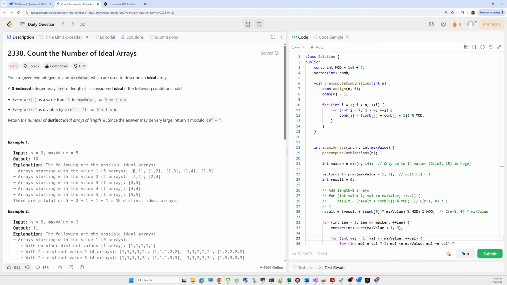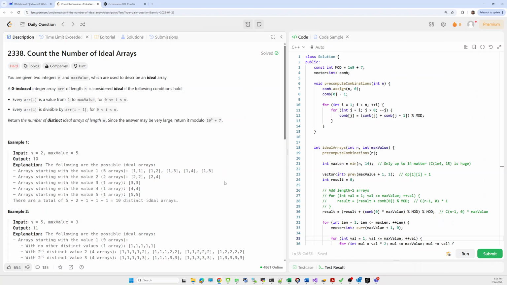If we take the first element as 1, we can form 1 1, 1 2, 1 3, 1 4 and 1 5. Similarly, using 2 we can form only two sequences, 2 2 and 2 4. Using 3 we get 3 3, 4 gives 4 4, and 5 gives 5 5. So the total of all sequences is 10. We can form a maximum of 10 arrays.